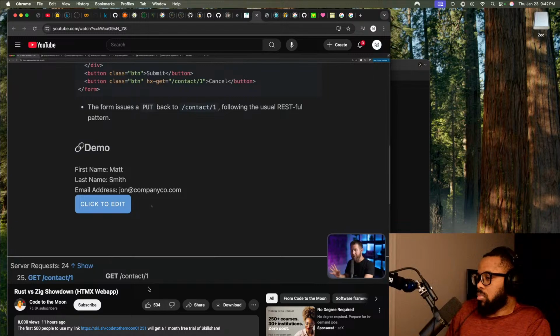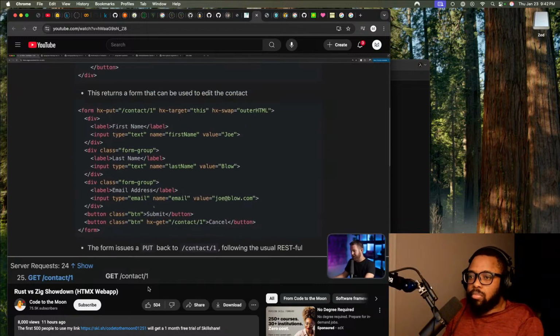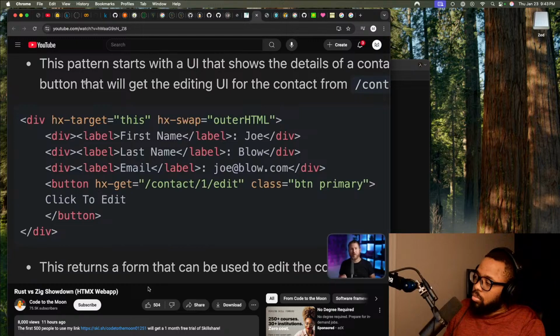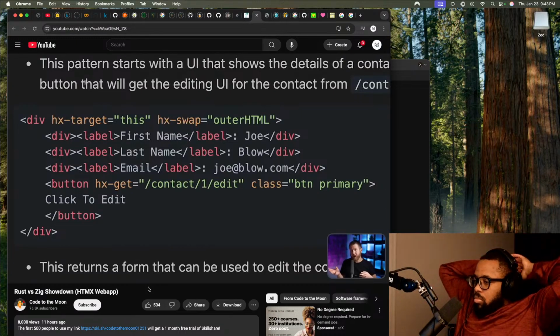And this is a good example to use to start talking about HTMX. The idea behind HTMX is we have these patterns that are commonly implemented on the client side, and everybody's kind of implementing the same thing, right? The user clicks a button, we go and retrieve some data from an API and replace part of the DOM with the contents of that response. HTMX takes those commonly implemented client-side patterns and packages them up